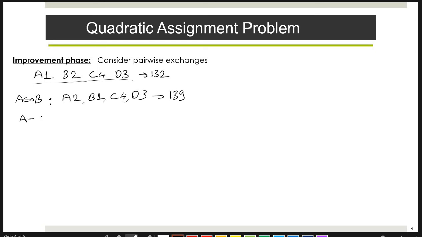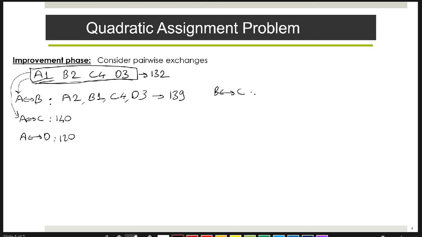Again, you can replace A and C in this. Now this is our base, and I am implementing these changes to this base solution. If you do this, you will obtain 140. If you replace A and D, you will find 120. B and C, you will obtain 122. B and D, it will be 156. And C and D, you will obtain